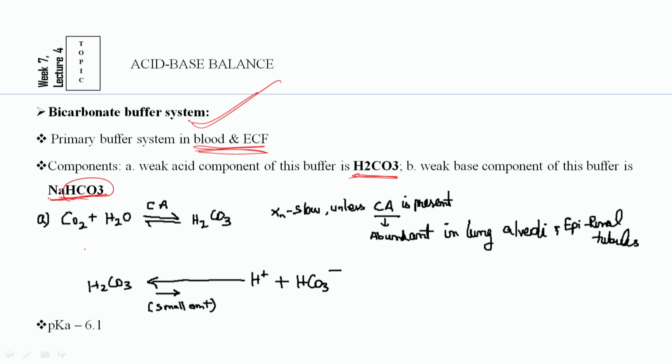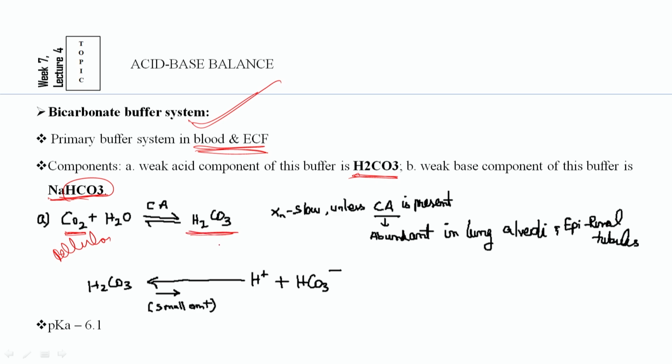So first we'll see about H2CO3. How does it form? In the earlier slides also I showed you the carbon dioxide. How is this carbon dioxide formed? This carbon dioxide is produced as a result of cellular respiration. So oxygen will be inhaled and as a result carbon dioxide will be liberated through cellular respiration. This carbon dioxide reacts with the water molecule present inside the cell, and in the presence of the carbonic anhydrase enzyme, it forms